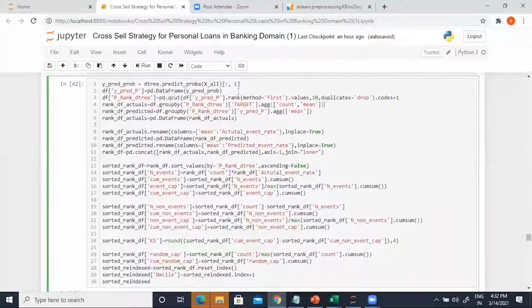Because there are 10 groups that will get created, it is a decile, meaning 10 groups. So the lowest one will have the value of 1. Decile 2 will have the next 10% highest values. So that is how it will get created.